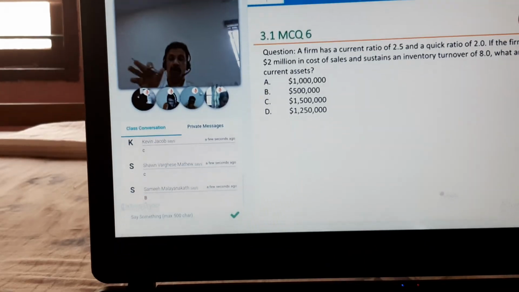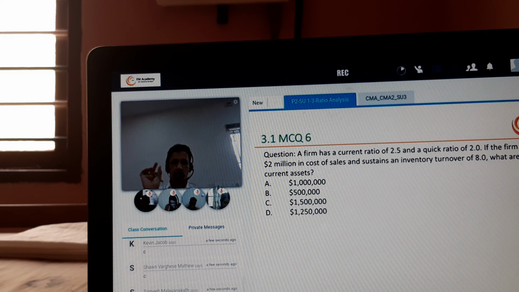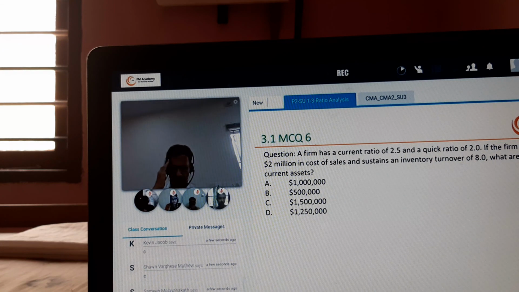Next, question number 6. A firm has a current ratio of 2.5, quick ratio of 2. So current ratio and quick ratio are given. So the difference is related to the inventory. I had told you that ratio. If you have current liability, immediately you can get the current assets. All that you should have in your mind. If the firm experiences 2 million in cost of sales and sustains an inventory turnover ratio